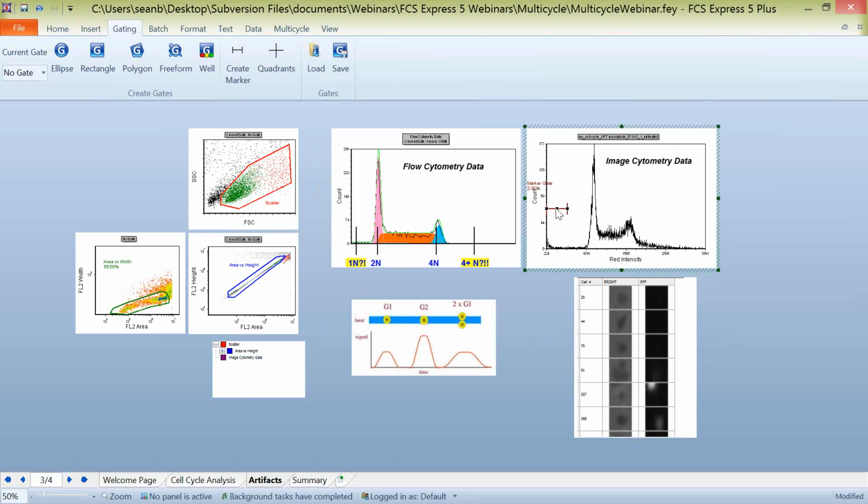that are falling on the low end here, there's some blanks. There really isn't anything going on there. These might be just segmentation artifacts where the computer thought a cell was there, although nothing existed. We have another case here where a piece of a cell is being cut off. Another one here where a piece of cell is being cut off. So these are probably things that you'd want to exclude from your DNA analysis if you're working with image cytometry